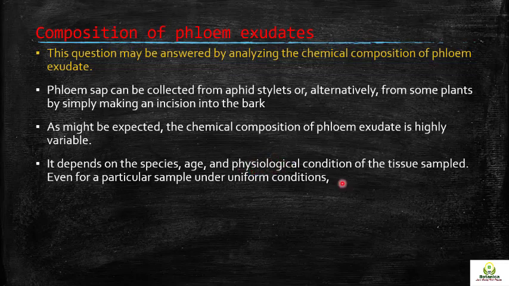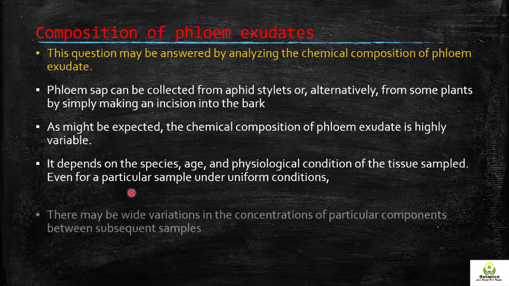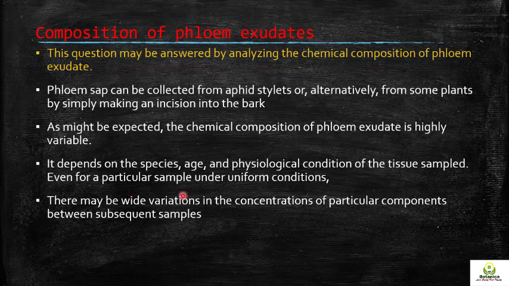And what physiological condition is the plant facing, or the tissue sample? Even for a particular sample under uniform conditions, there may be wide variations in the concentration of particular components between subsequent samples. Even when the conditions are the same, the composition may differ. The composition of the phloem is different from species to species, and it differs from one sample to another. Why? Because